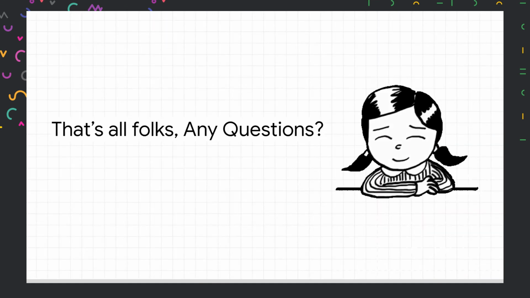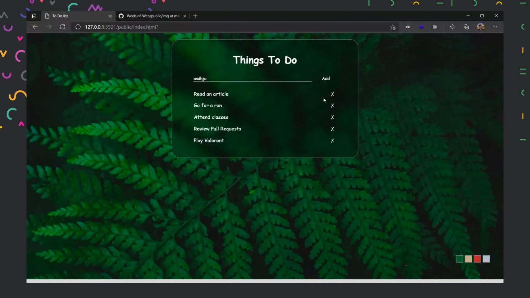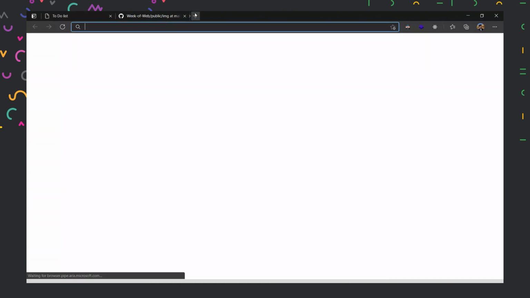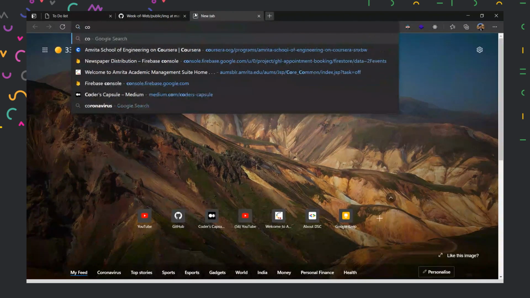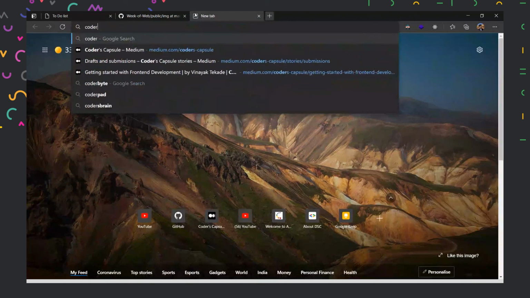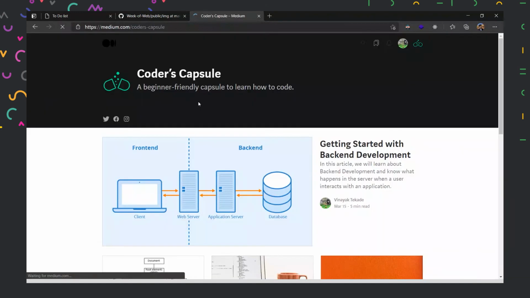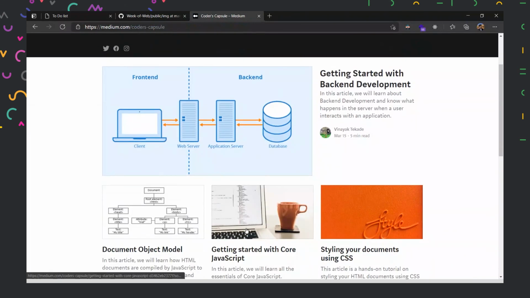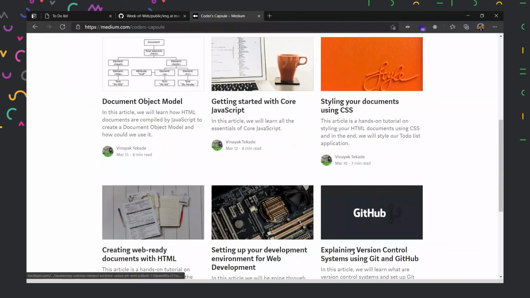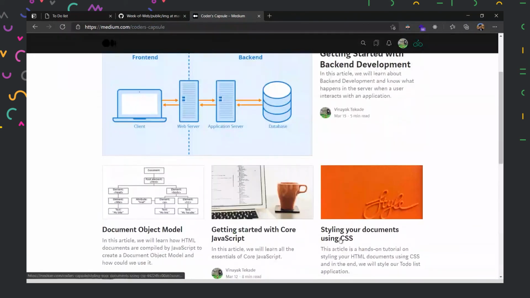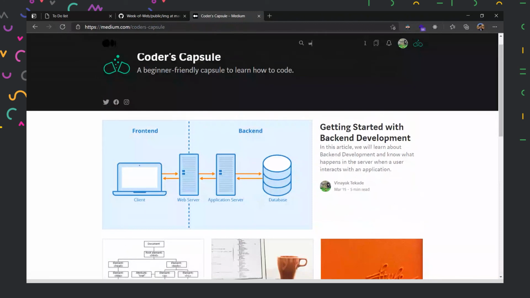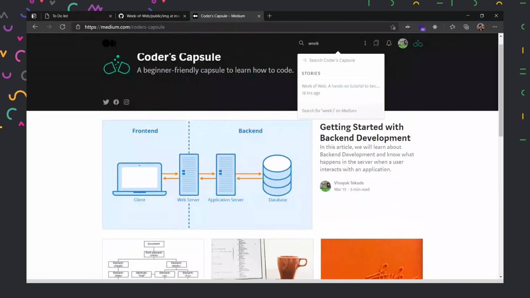If you are feeling that this is a lot to digest in an hour session, what you could do is head over to Coders Capsule on Medium. This is my personal blogging website where I write all these articles. So all the things I'm performing right now, all these articles are present over here. And if you search for week of web over here, so let's type week of web.